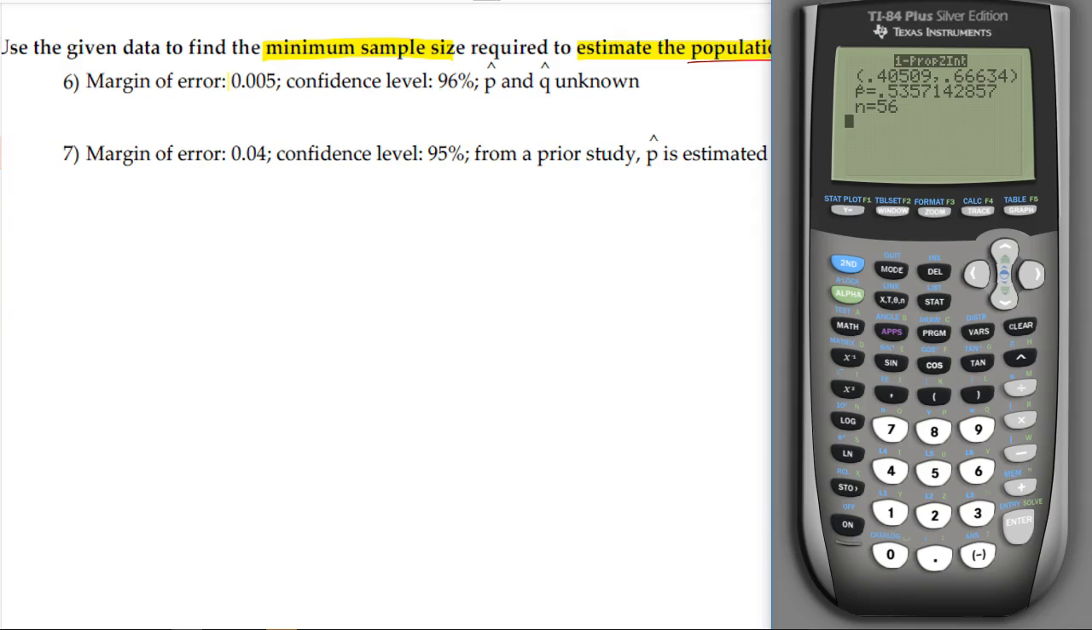Number 6, we're given the margin of error, confidence level, and p hat and q hat is unknown, which means we're going to use the second formula. And that formula is